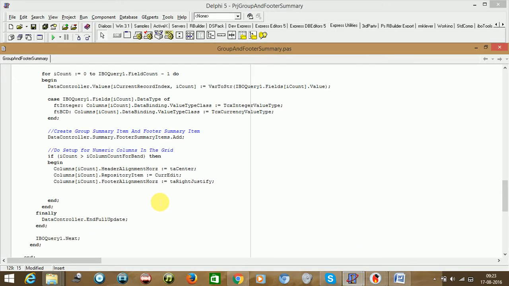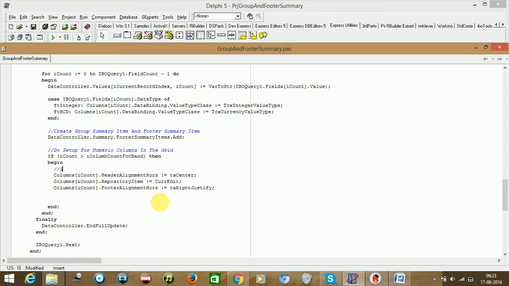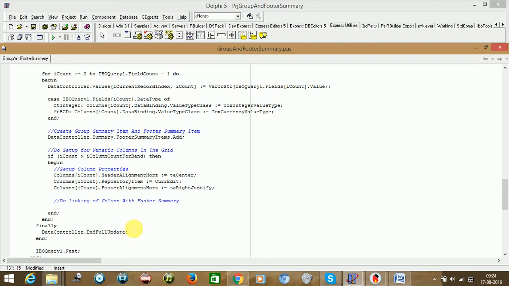So we can say, setup column properties. We are setting up column properties, and now do linking of column with footer summary. We need to say here like this. Now what we will be doing for that, we just need to say